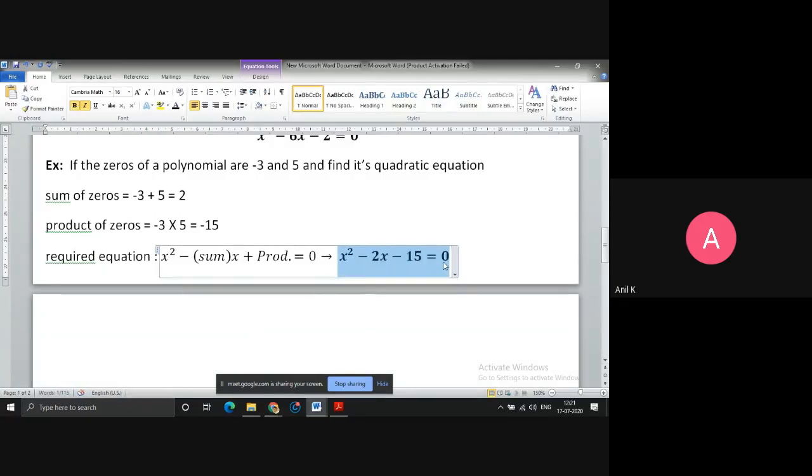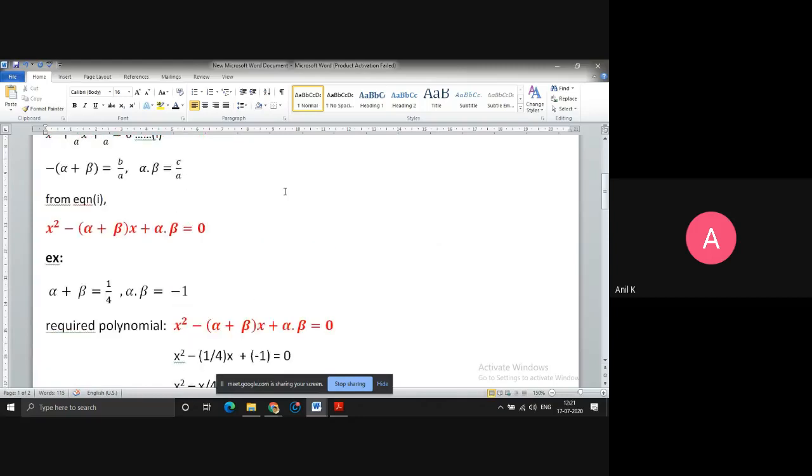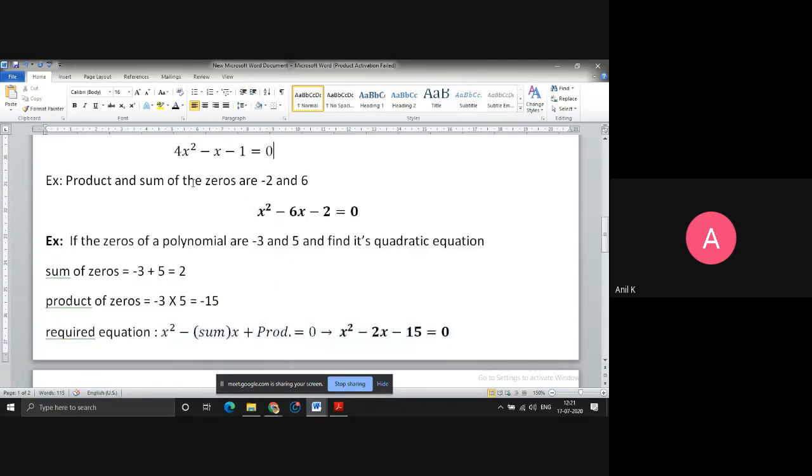So these are the three types of questions. For 2 marks they'll ask you, or maybe for 1 mark. You have to be very careful while reading the question. In the question, if they said the given values are sum and product, then this is the way to solve, directly substitute in the formula. In the question, if they give product or sum, you have to be careful which order they are giving. And third type of questions is they give the zeros to you, okay, alpha value and beta value. So first you have to find the sum, then you have to find the product, then you have to substitute in the formula.